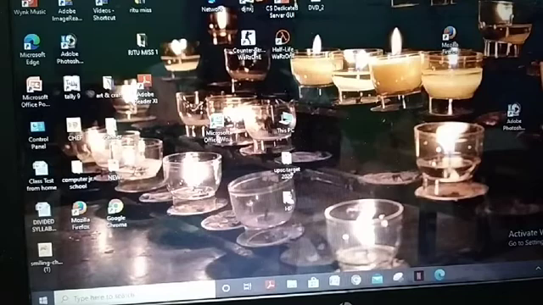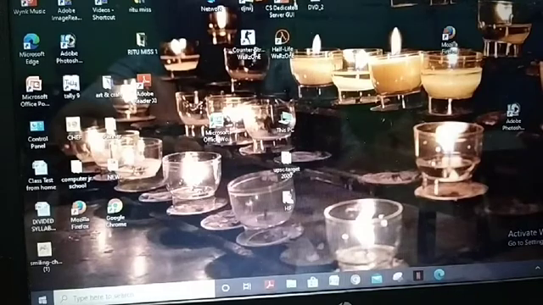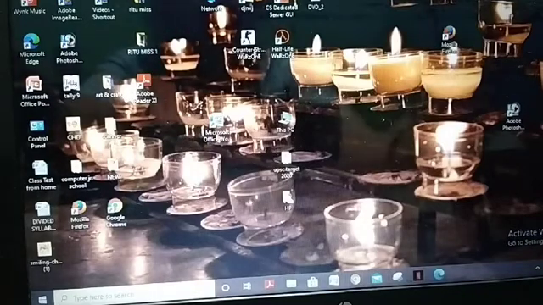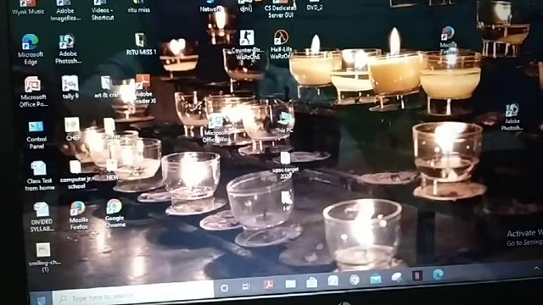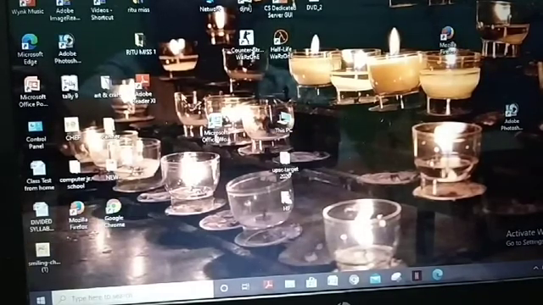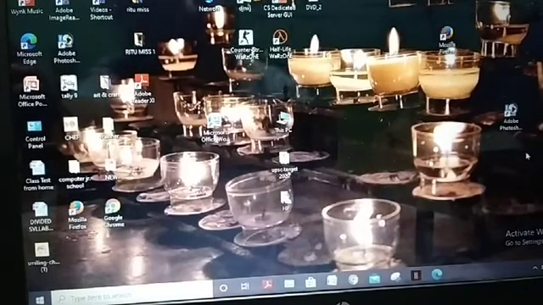Sorting means icons can be arranged. As you can see on my desktop now, the icons are not arranged, they are scattered. Some icons are here, some icons are there, not arranged. So we can arrange them, no problem, easily we can do it. So what you have to do is right